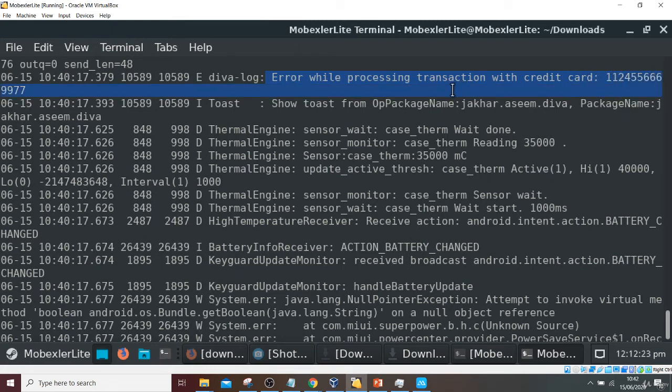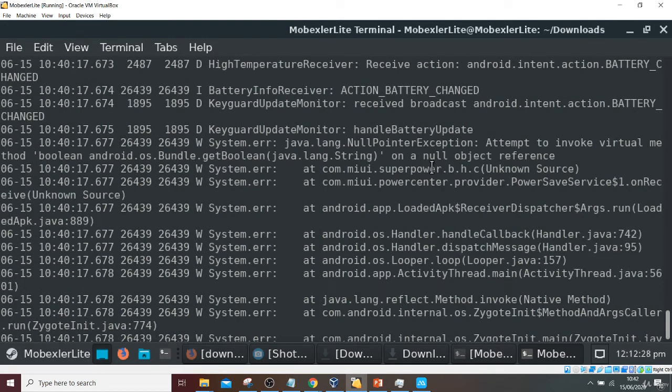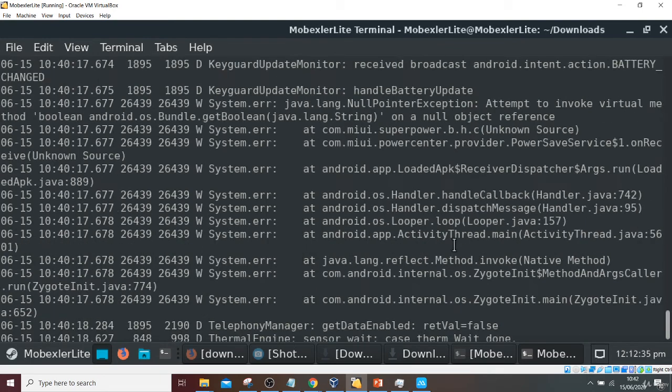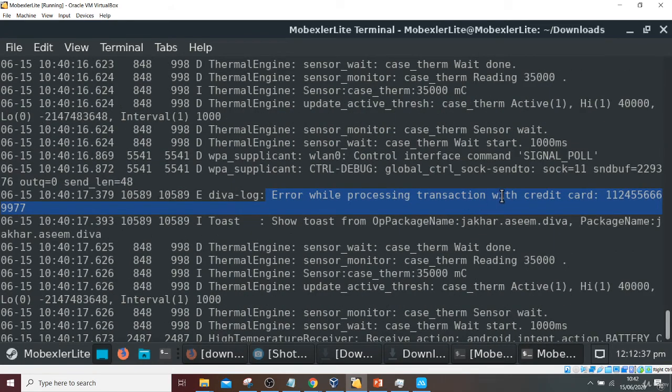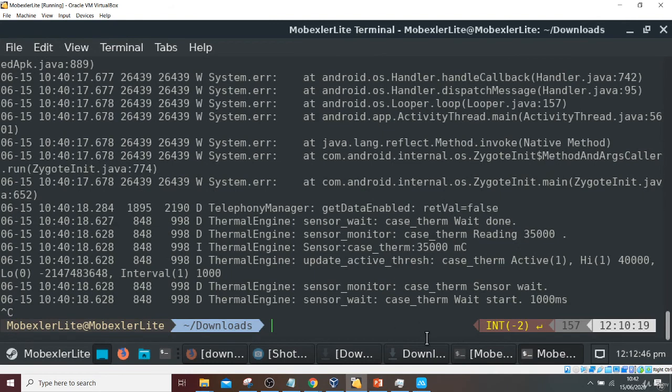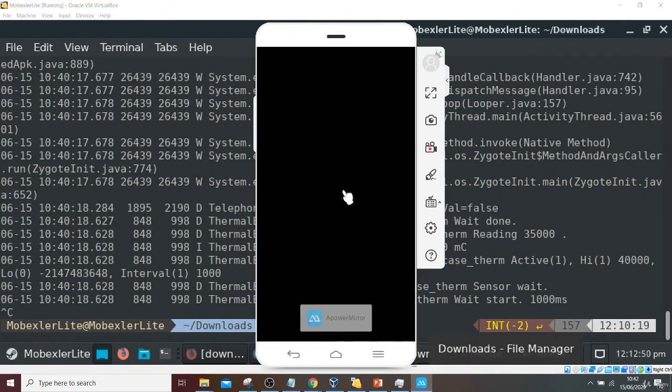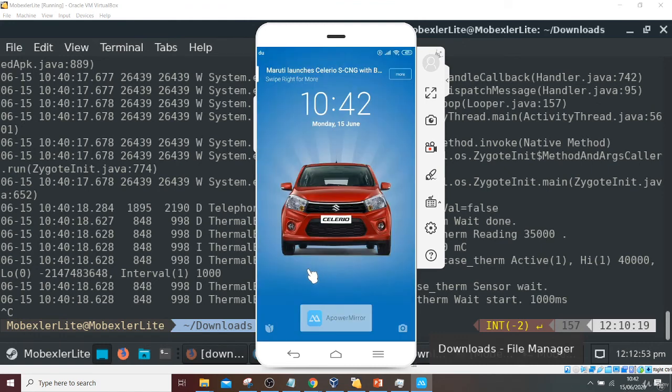For finding this vulnerability more efficiently, what you can do is, for any application you are trying to assess, you can copy the logs into a text file, then you can later find it using a text editor, so it will be easier for you. I just have shown you an example of how it can be done by processing this functionality. So in the next tutorial we will be doing some more vulnerabilities on this, so that we will be enhancing our pen testing skill on